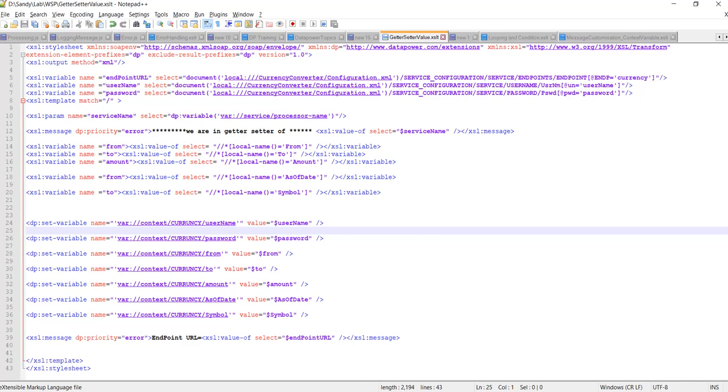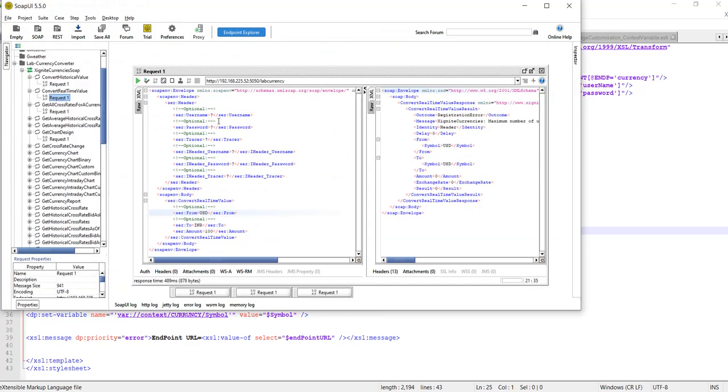I'll show you that request message. This is the header of that message, in which we are passing the username and the password, which we read from the configuration file and set here. After that, we are getting these values: from, to, and amount.